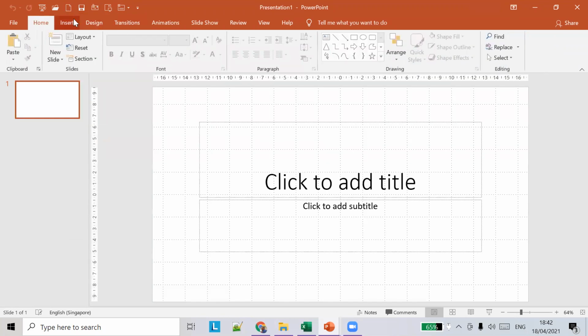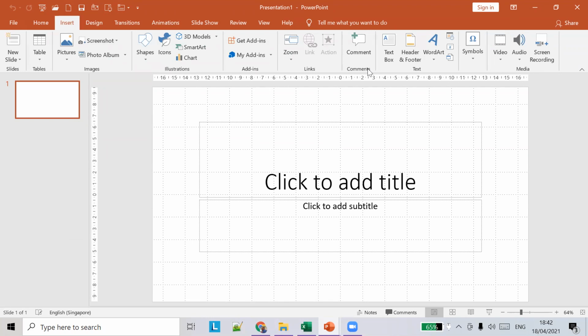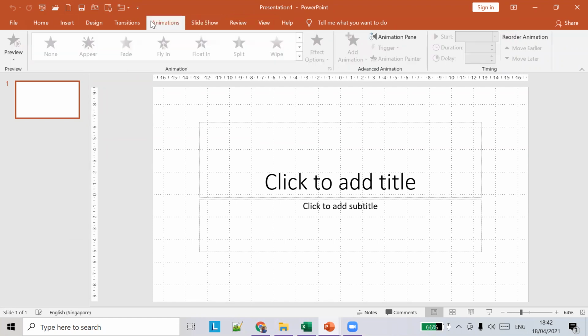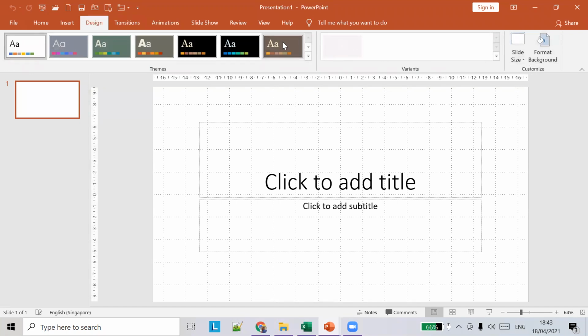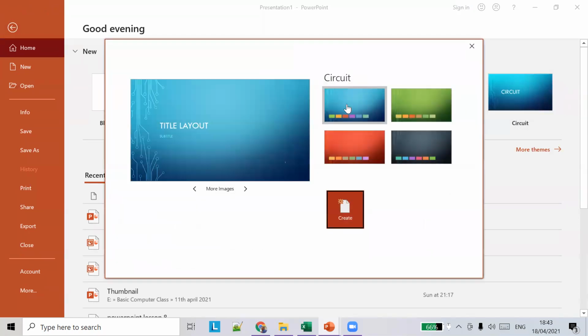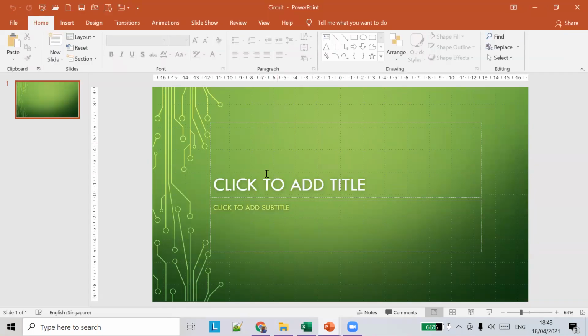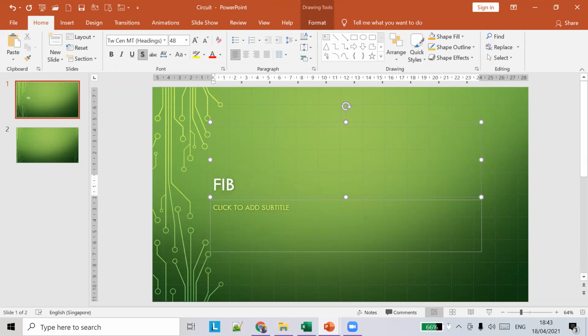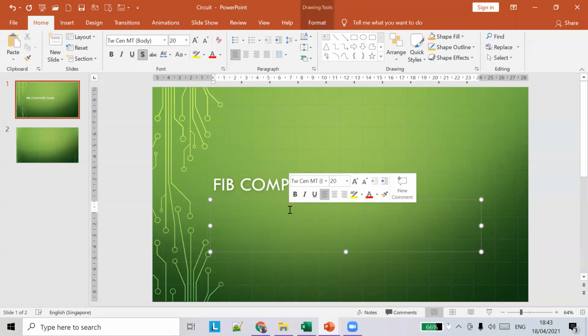Insert. Computer class. Slide transitions.